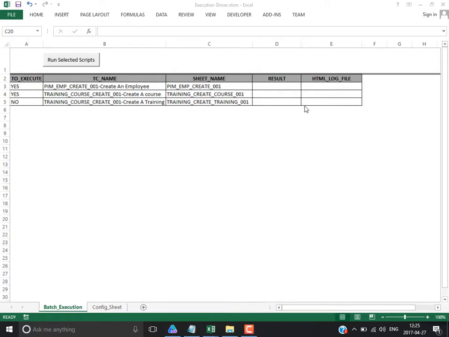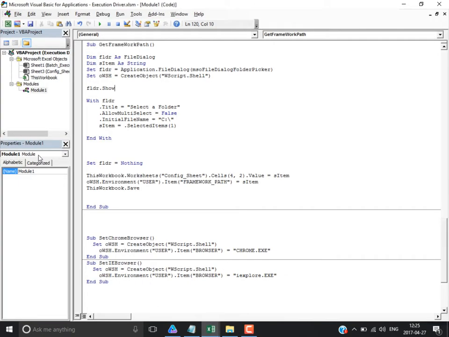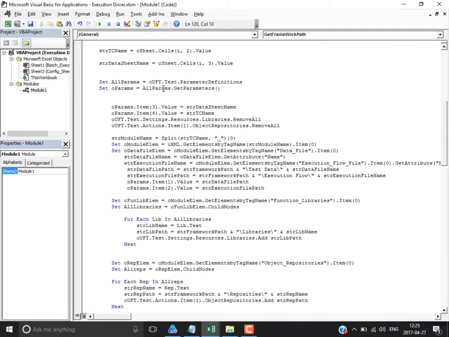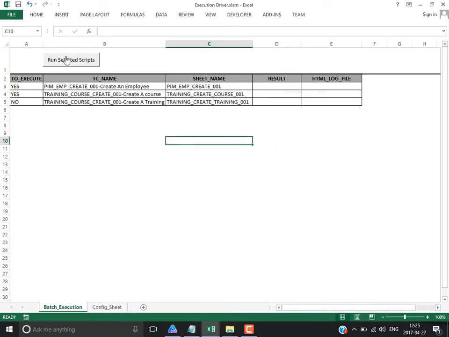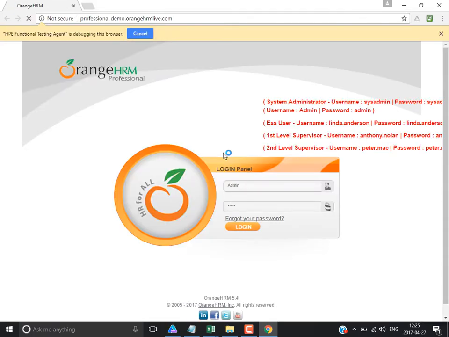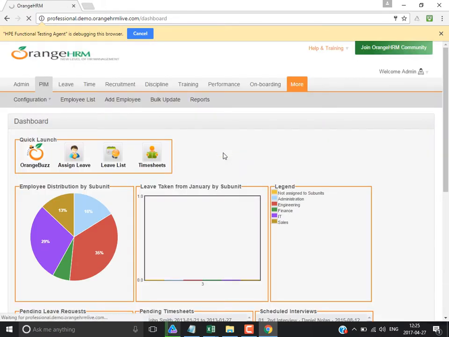Right. I just set up the data file and I just did a small thing yesterday. What I did is I hard coded this data path, so I just changed it. So I just ran the script and it should start executing, so let it get executed. So next what we need to do is